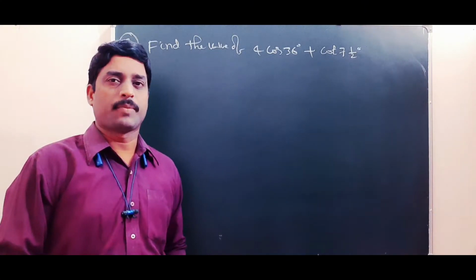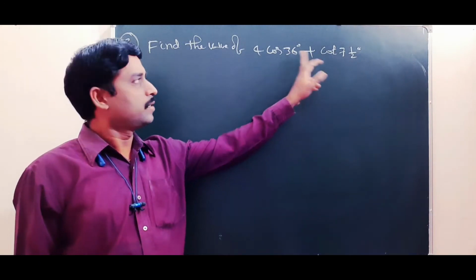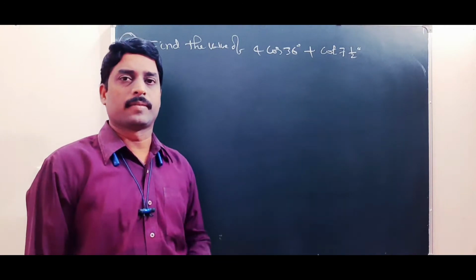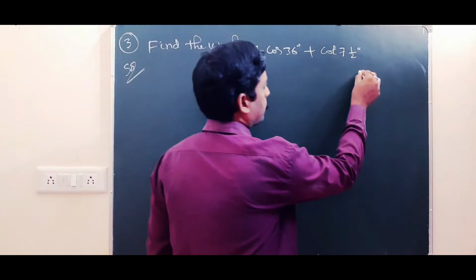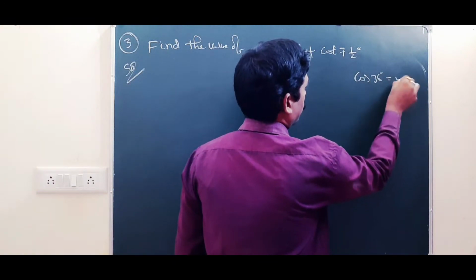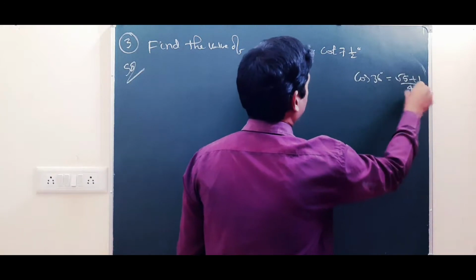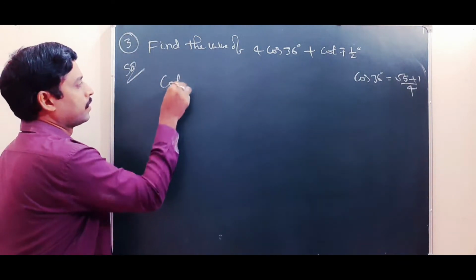Okay, let us go to the next problem. Find the value of 4 cos 36 degrees plus cot 7.5 degrees. Okay, we have cos 36 value root 5 plus 1 by 4. Now our target is cot 7.5 degrees. We have